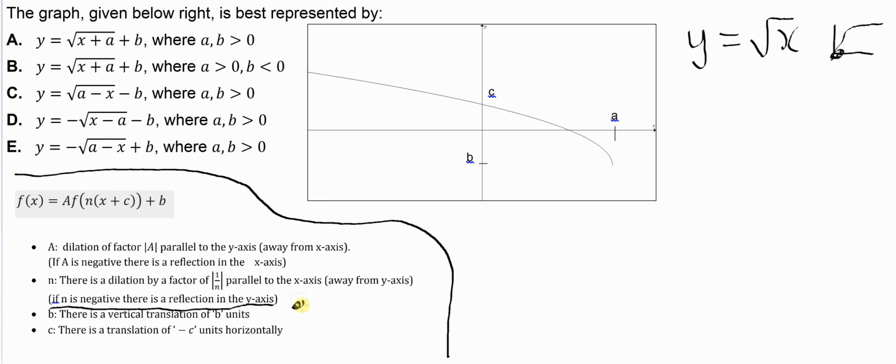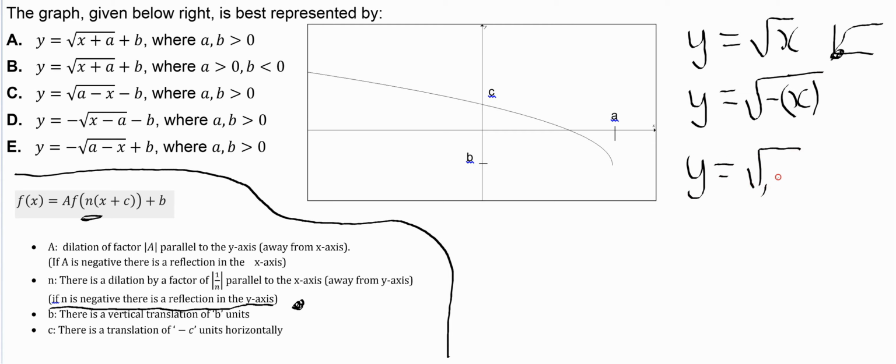Now down here I have underlined that if there is a reflection in the y-axis, then the value of n must be negative. So we can say that it's going to have to look something like y equals the square root of negative x, or negative 1x. You wouldn't have to put the brackets in there, but you'll see why I'm going to do that later. It has also been translated by b units down, so then the graph would be y equals the square root of negative x